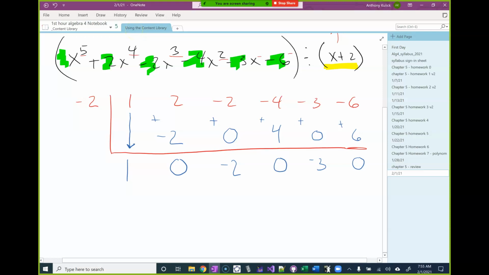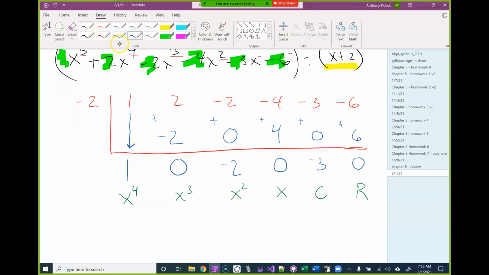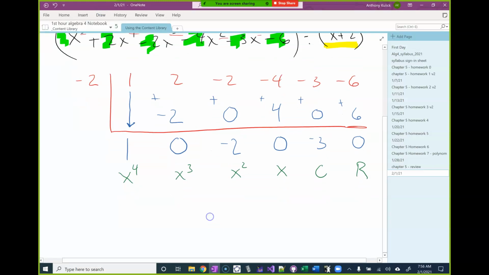We just have to remember how to read our answer. So we always start at the number on the far right. That number is the remainder. And the next number is the constant term, the x coefficient, the x squared coefficient, x to the 3rd coefficient, and x to the 4th coefficient. So what we can say then is x to the fifth plus 2x to the fourth minus 2x to the third minus 4x squared minus 3x minus 6 divided by x plus 2 is equal to